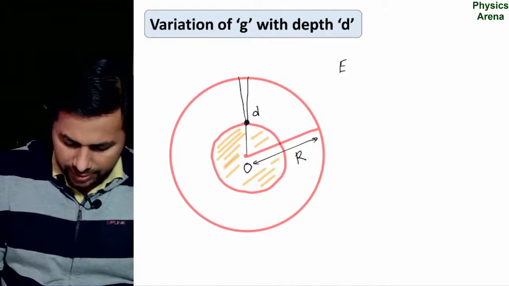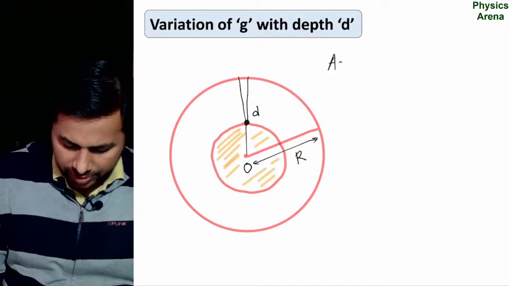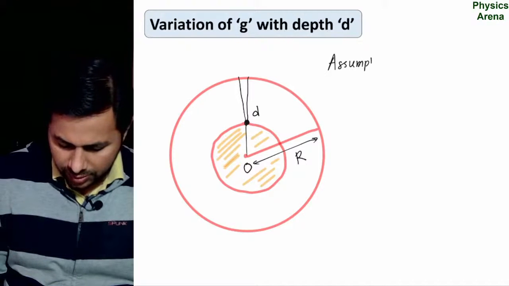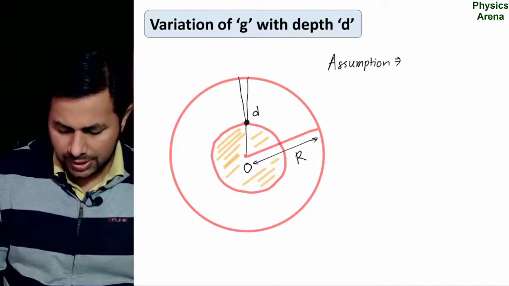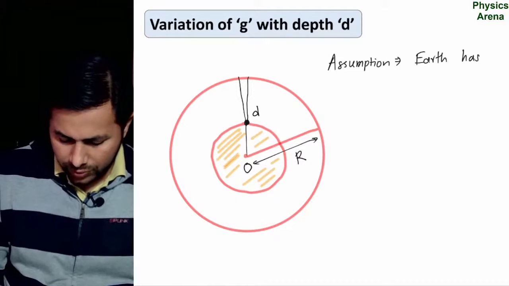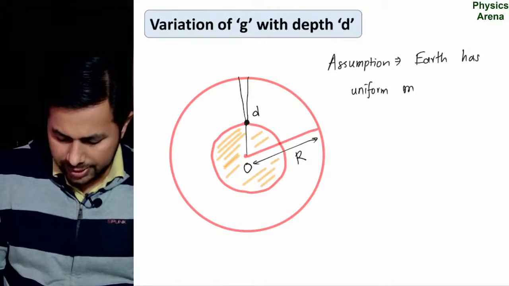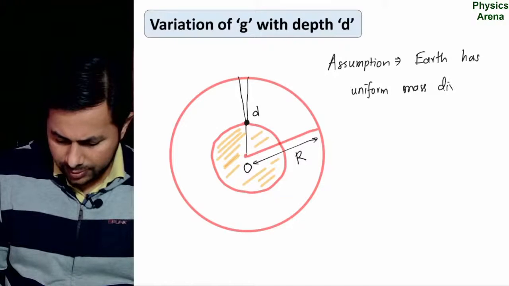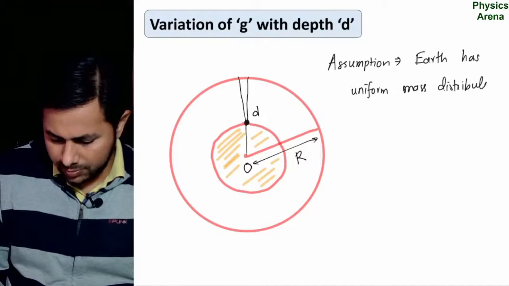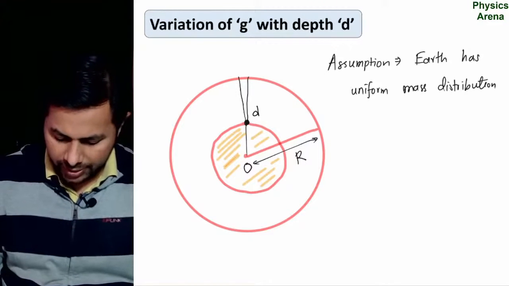So this is an assumption: Earth has uniform mass distribution, and therefore density of Earth